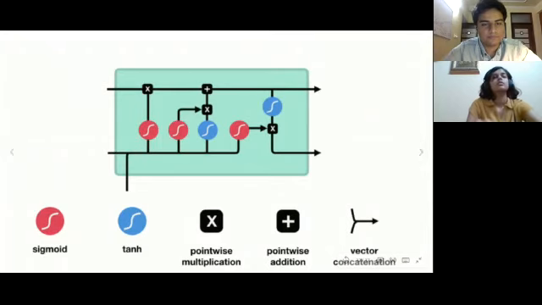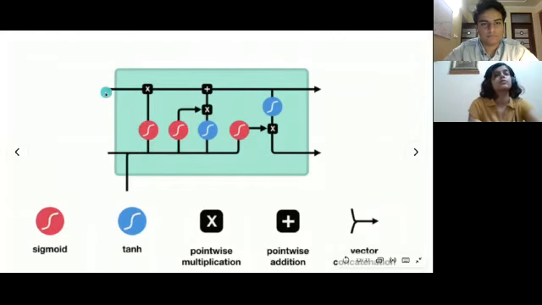Okay. So the first portion is the forget gate. Aditya has already explained what happens here. The forget gate decides what part of the previous cell state needs to be retained. So how is that done? We basically pass the previous hidden state combined with the current input through a sigmoid activation function. So the sigmoid basically gives you a probability value between 0 and 1. If it's close to 0, you can just discard it without any second thought. And if it's closer to 1, you need to retain the same. So this probability value is then multiplied with the previous cell state.